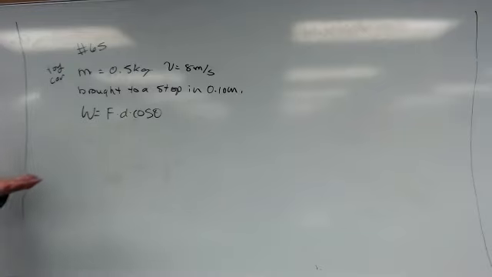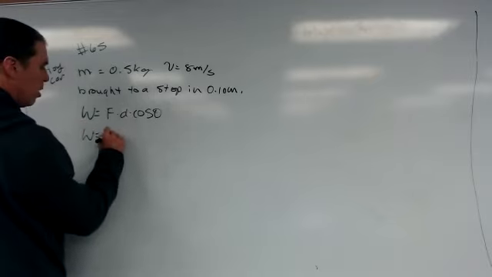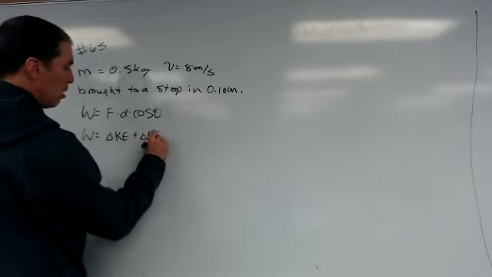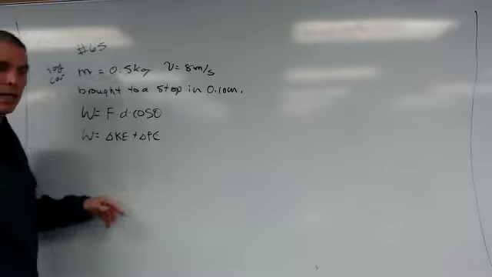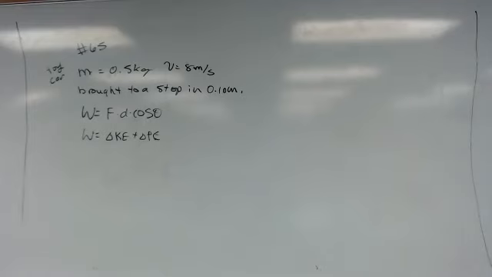Yeah, there's something called the work-energy theorem, which says the work done is equal to the change in kinetic energy plus the change in potential energy. If the car is traveling horizontally, what's the change in potential energy? Yeah, because its height isn't changing. Unless there's a spring involved or something, but that's not in this problem. MGH doesn't change